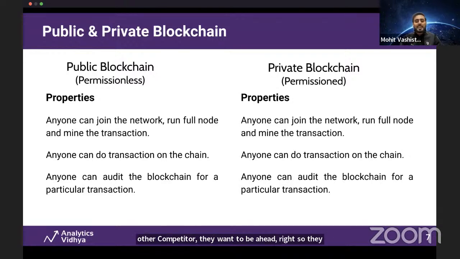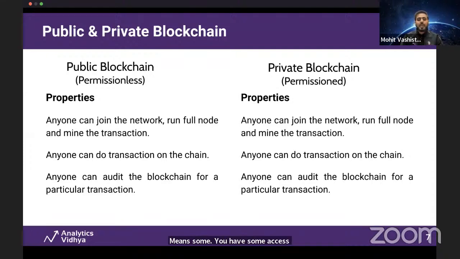But what exactly is the requirement for a permissioned or private blockchain? They want to make their data secure. They want to create an ecosystem or DB store where their data cannot be changed or modified. So it is a system where you have some access control by some known players.